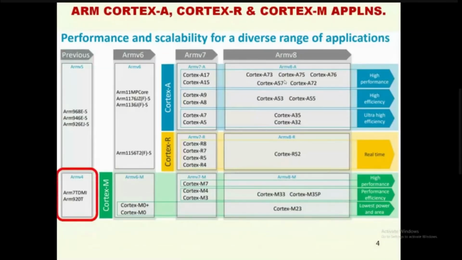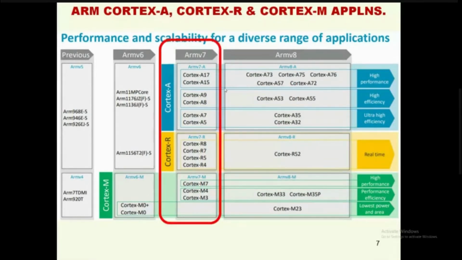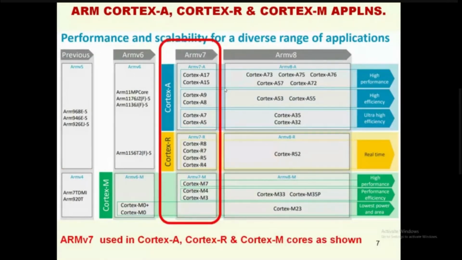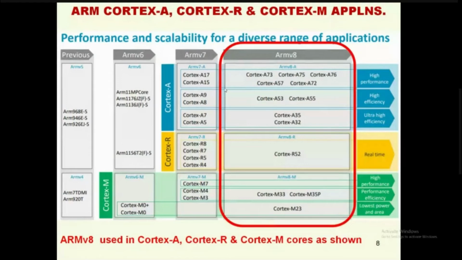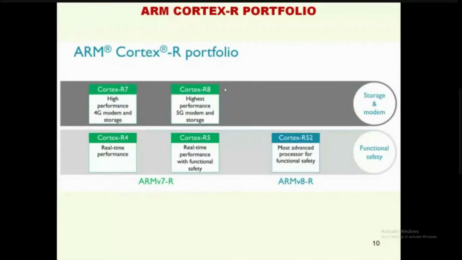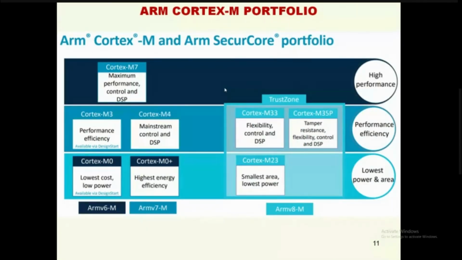There are version 4 ARM processor cores, version 5, version 6, version 7, version 8. So 4, 5, 6, 7, 8, out of which 4 and 5 are previous versions. 6, 7, 8 are most widely used in Cortex-A, Cortex-R and Cortex-M, out of which Cortex-A uses 7, 8 and DynamIQ, and Cortex-R uses version 7-R, version 8-R, which is used in storage and modem and functional safety, and